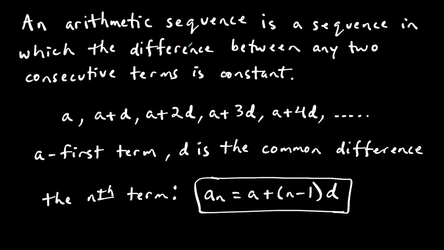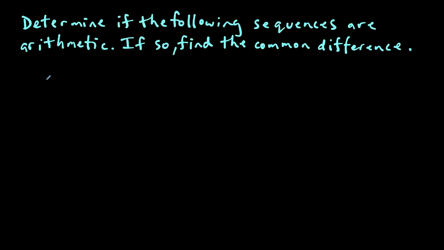So here's the definition for arithmetic sequence, and the nth term can be found using this formula. But let's just jump into a few examples. So let's take a look at a few examples where we just have to determine if the sequence that we're